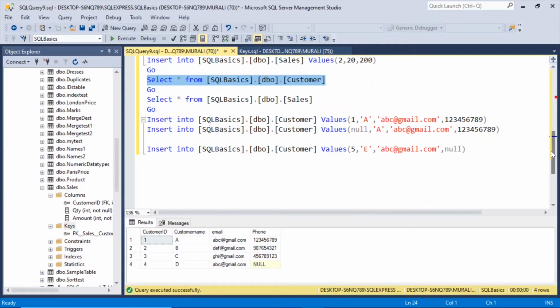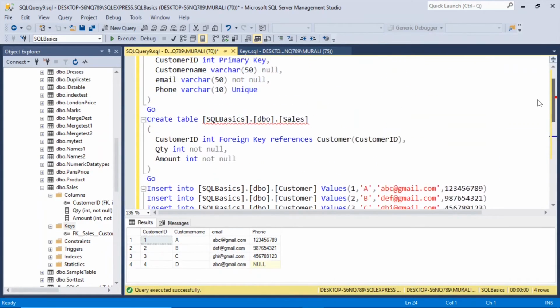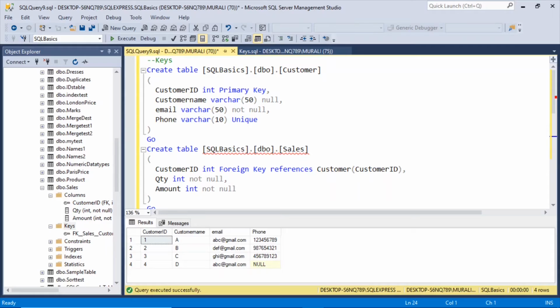And a candidate key should be unique and shouldn't take null values. If you don't enter any duplicate in email, it can be a candidate key, and if you declare it as a primary key, then it will be a primary key. Otherwise, if it is fulfilling all the conditions of a primary key, it will be a candidate key.